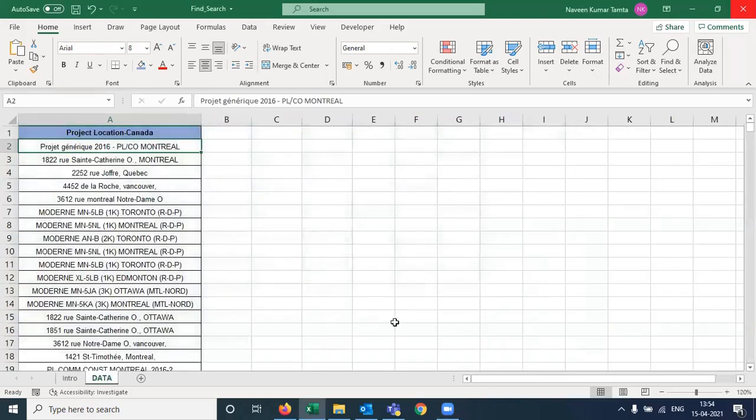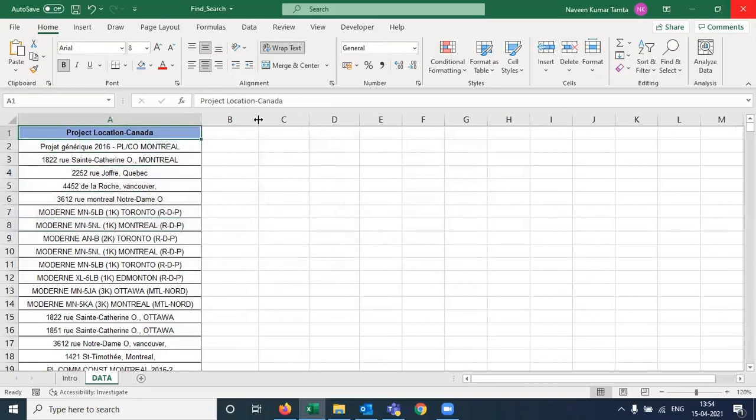I have some data here wherein you can see some project locations of Canada have been mentioned. In this example I am going to use the FIND and SEARCH functions and then tell you the difference between these two functions.